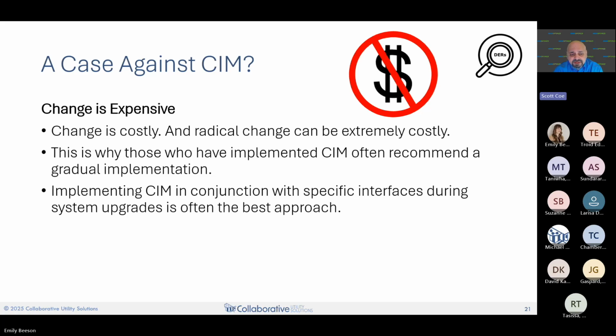The most common one in the US is probably ERCOT, and they will tell you that not only is it easier to make changes now that they've done their grid modeling in CIM, but they've reduced the number of errors in their model substantially. So you have to look at both explicit cost and then the implicit cost of all of your staff who are tracking down data errors.